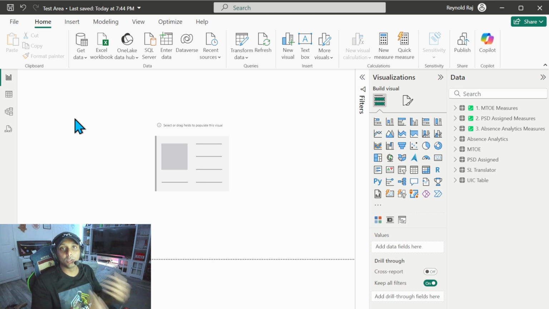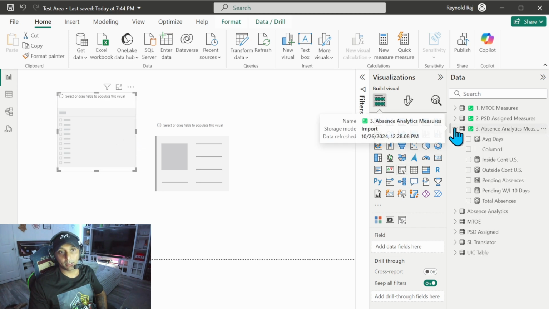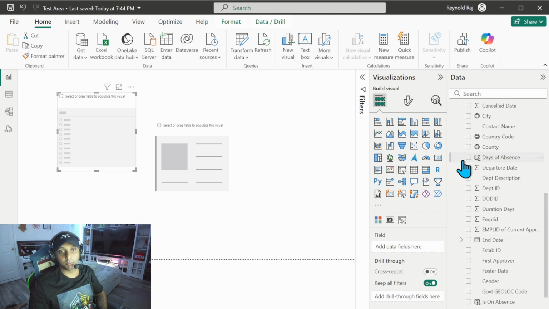So the importance of a date table is taking that begin date and that end date and merging them into one column within a different table, so that we can then create a slicer based upon that entire range and not just a slicer based upon the begin or end date. So for example, if I created a slicer right now and I went to my absence analytics and I put